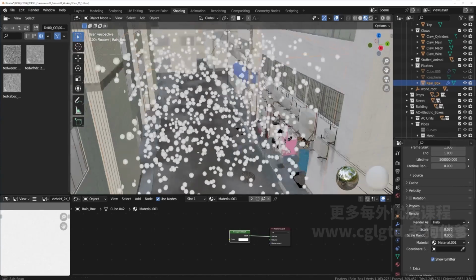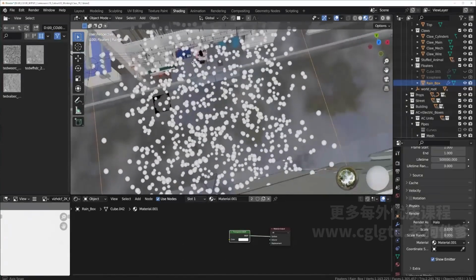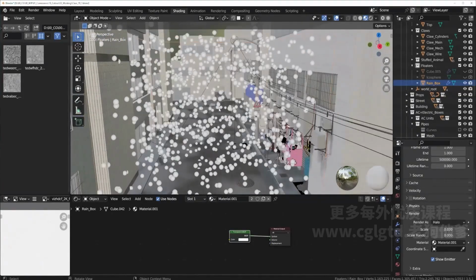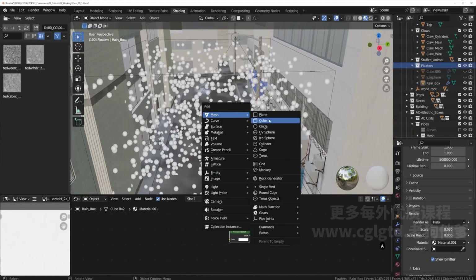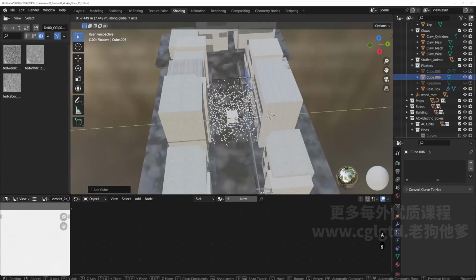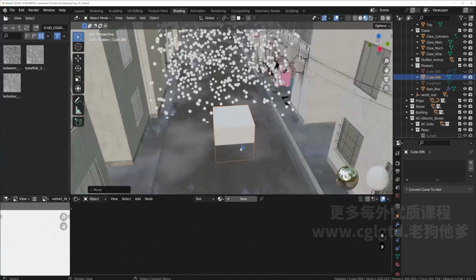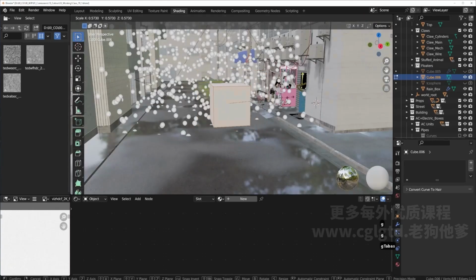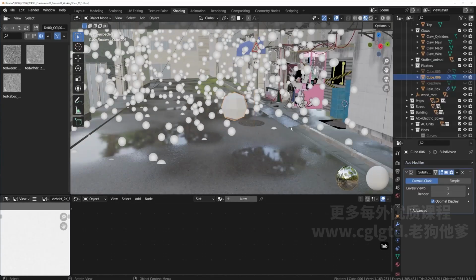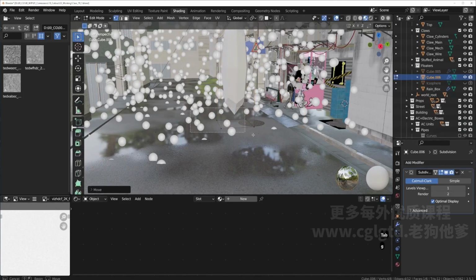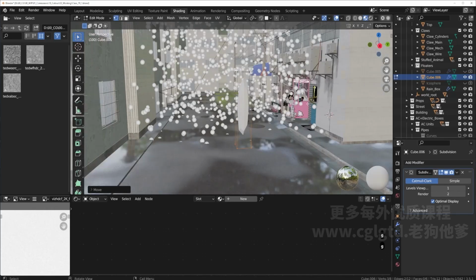First, we can change this to halo to see if we need to add any more. So this is looking quite okay. And now we go to mesh and go to cube, and this will be our rain. So let's take this and just scale this down a little bit. And now let's add a modifier, subdivision, and let's pull this really, really long,